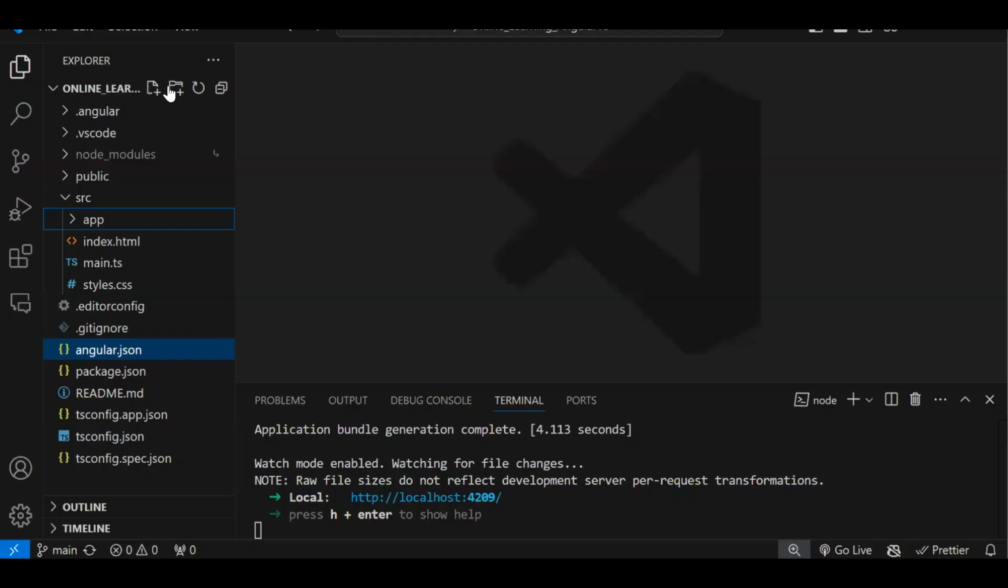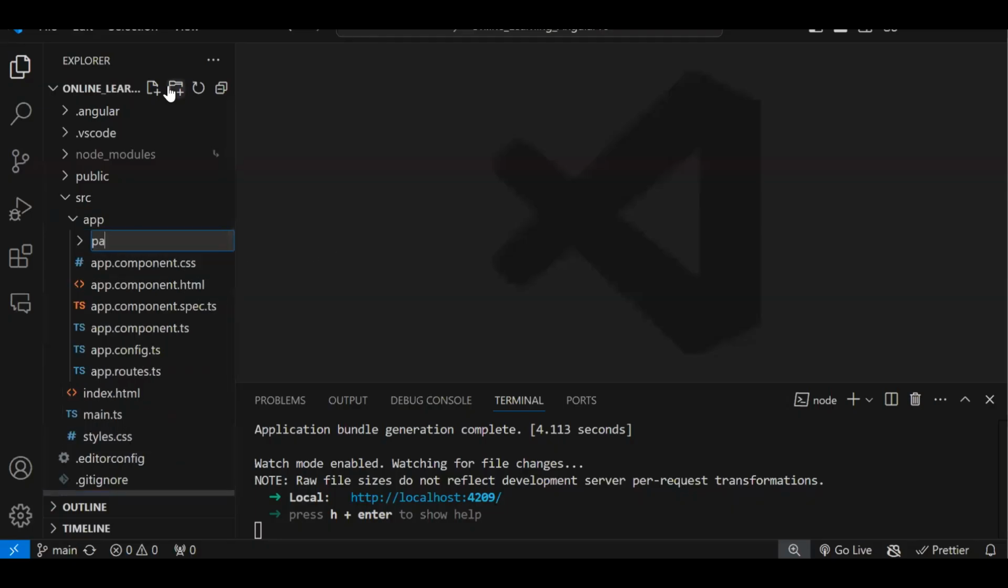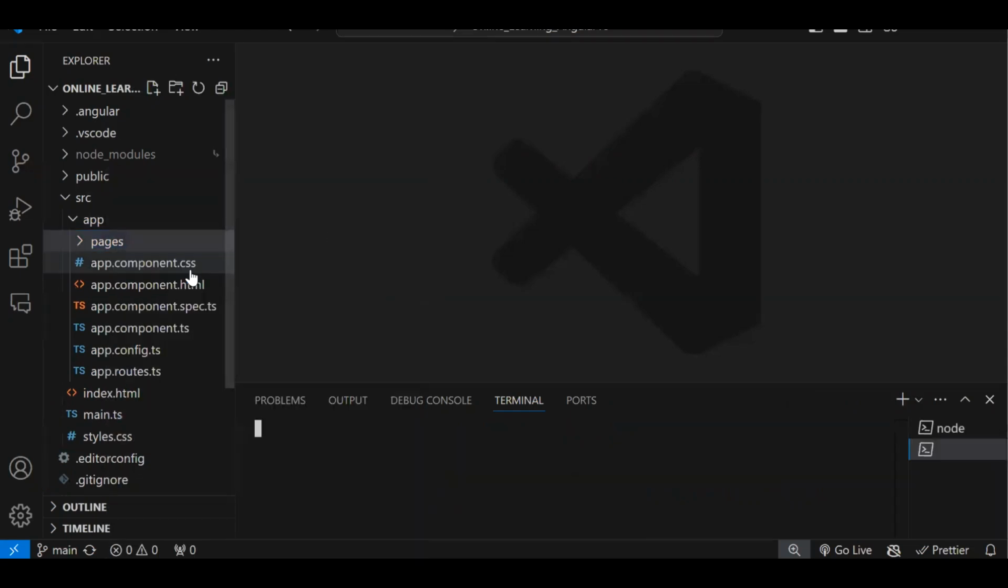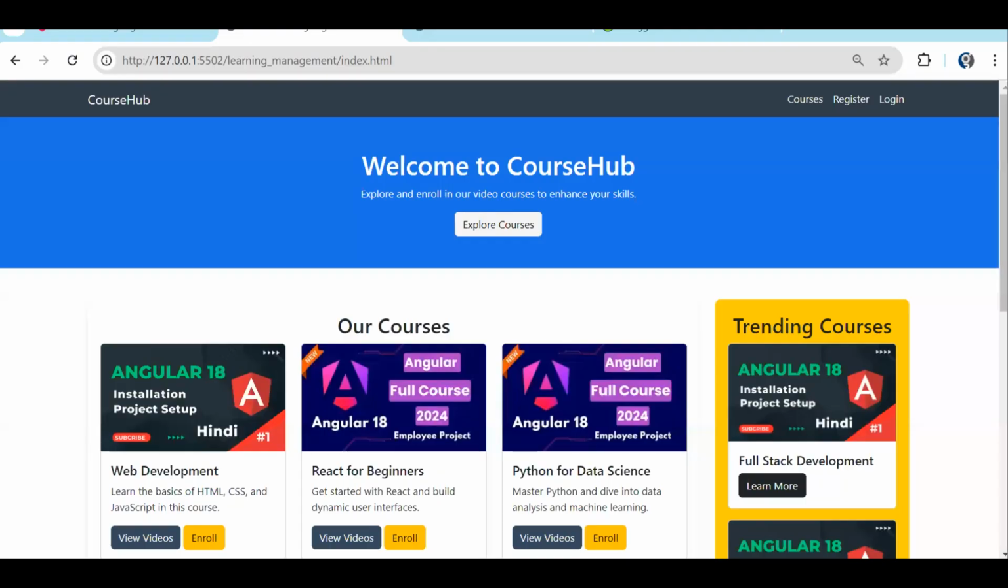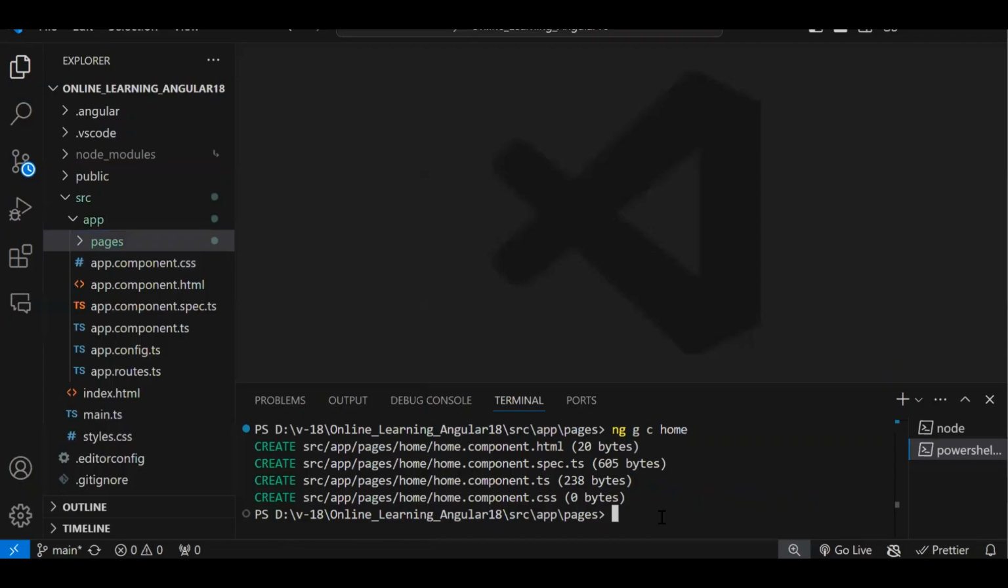In the app folder, we will create a folder and name it pages. Inside the pages folder, we need to open the terminal like this. In the pages folder, we need to create the first component, let's say home. So the first component which I'm creating is home. After home, we will need one more component for the course detail. So the second component,